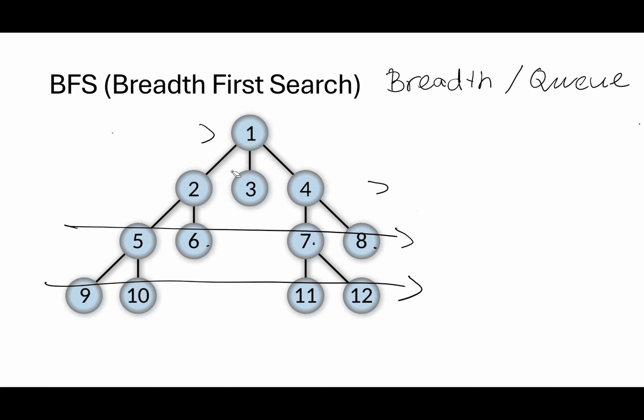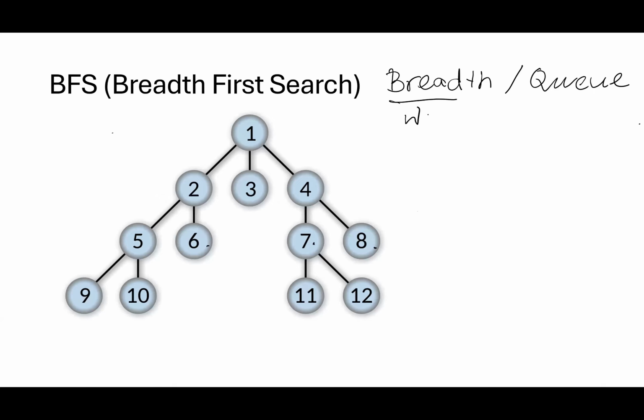So basically we want to visit towards the width first and then go to the depth. So breadth or width. Okay, so the result for this breadth first search is probably going to be 1, right? And then 2, 3, 4, and then 5, 6, 7, 8, okay,